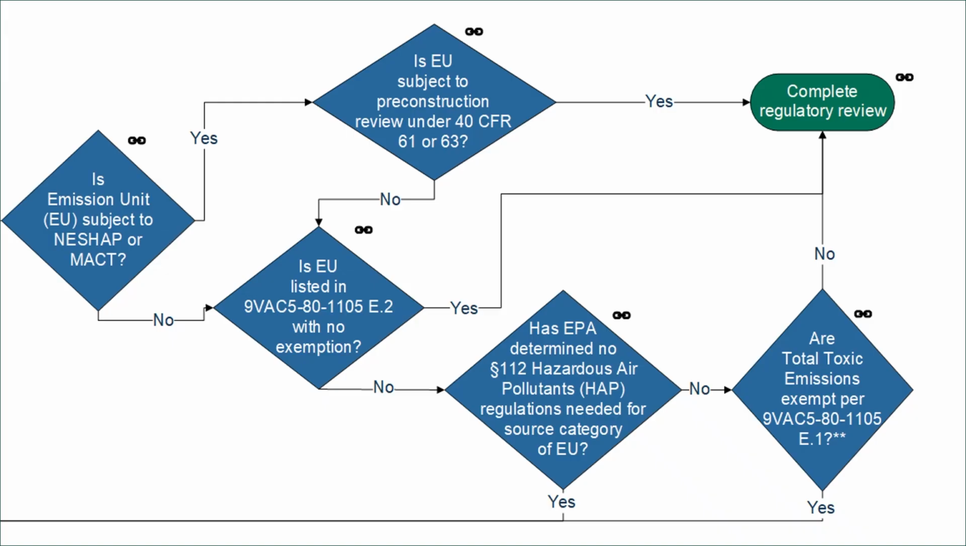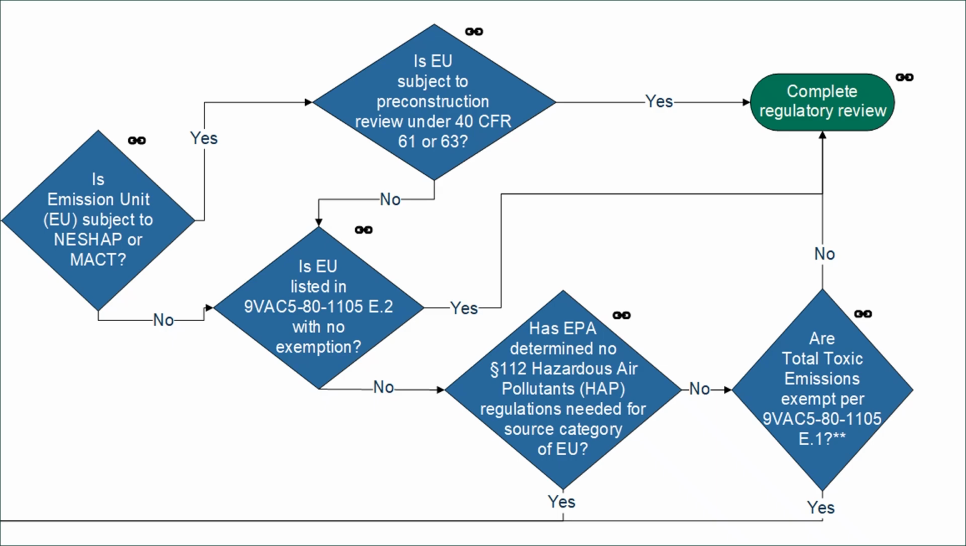If not, we proceed to the next step, where we consider whether any emission units are listed in the regulation with no exemption, meaning that they automatically require a permit. Typically, this is limited to incinerators and hazardous waste combustors. Okay. If no units automatically require a